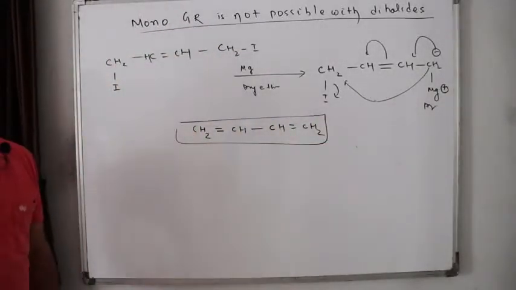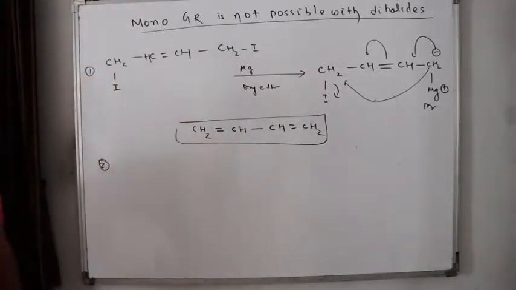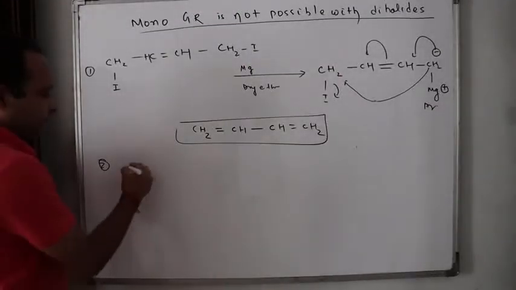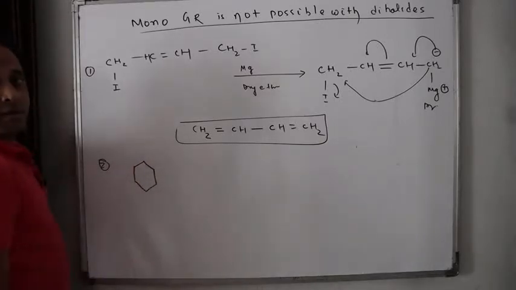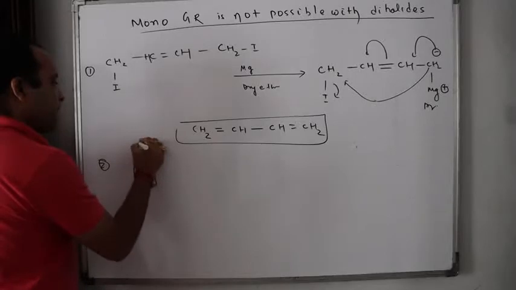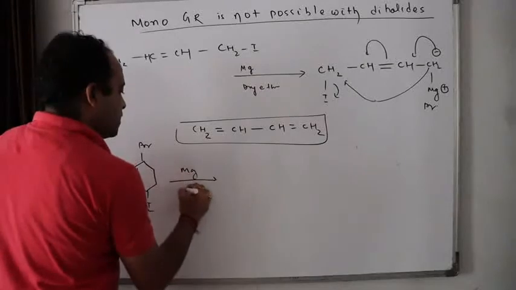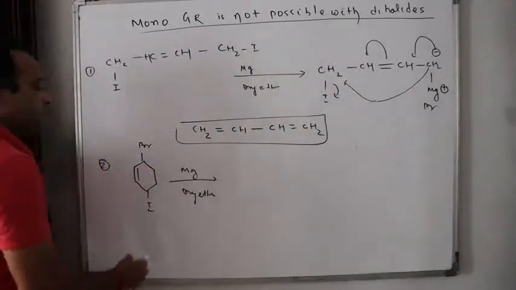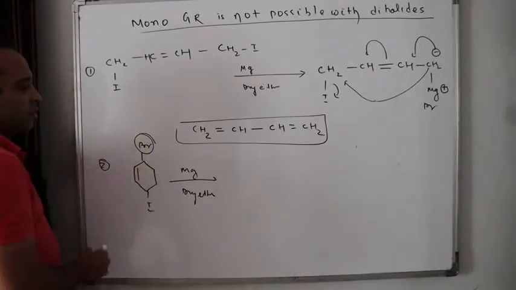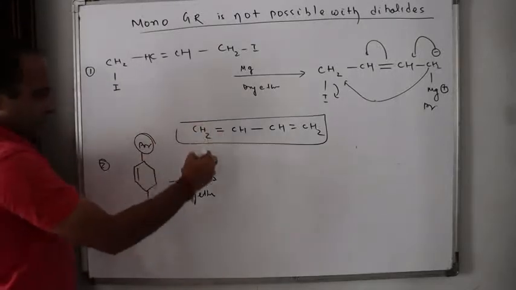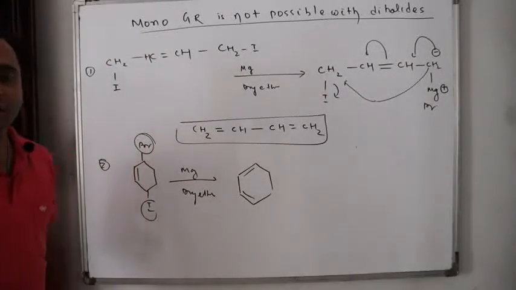You understand this conjugation concept? Yes or no? If you really understood, now tell me a second question on this. The question is very simple. Now, same magnesium in dry ether. What will this magnesium do? Now this magnesium will take out this bromine, then iodine, same condition. This was the question that came in a competition. Can I rub the board?